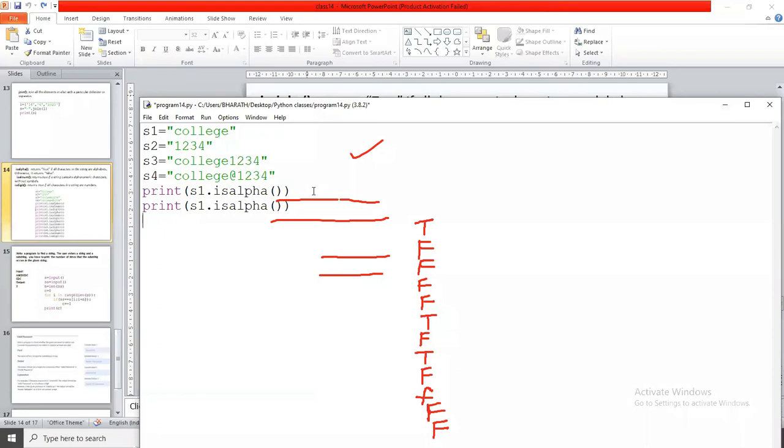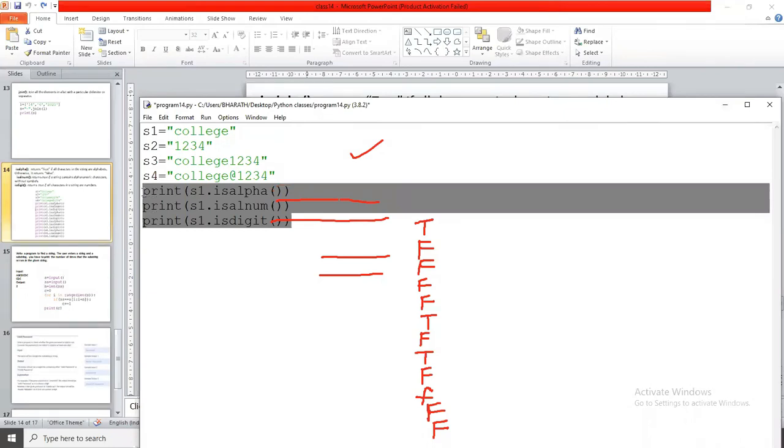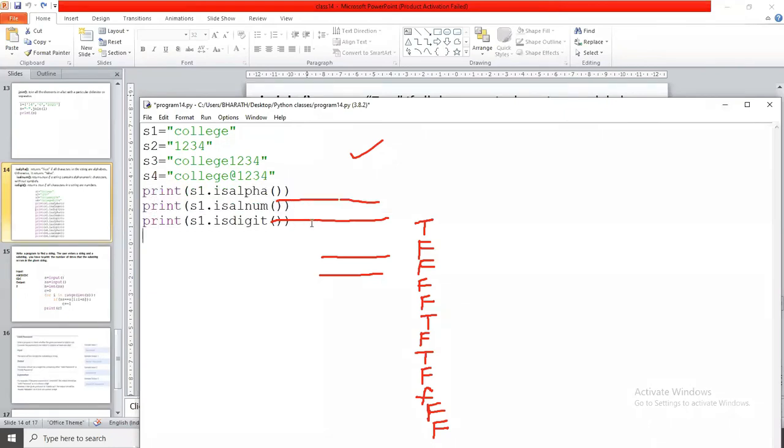Similarly, is alphanumeric, and next is digit. So these three for S1.